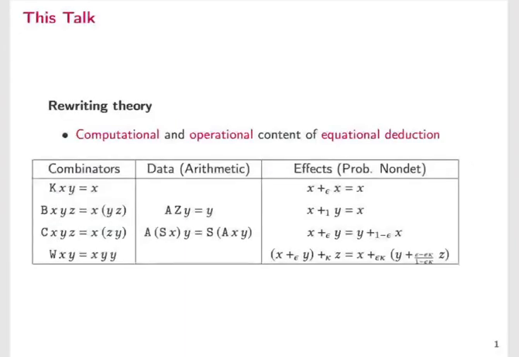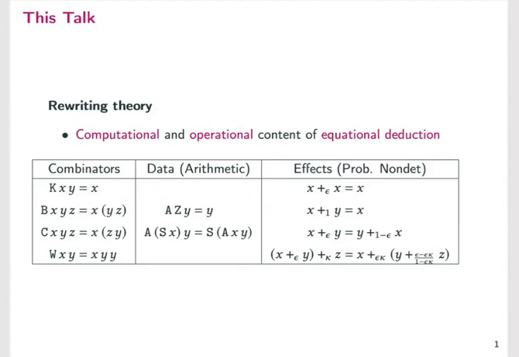So as said, the main topic of this talk is rewriting, which I'm sure you all know what it is. But in this talk, I will just take a specific point of view on rewriting. Namely, I will look at it as a way to extract, if you like, or make explicit the computational and operational content of equality or of equational deduction. And the way I take this perspective is that this turns out to be quite useful when we study programming languages, where we can essentially specify our language or our calculus for a language by means of equations.